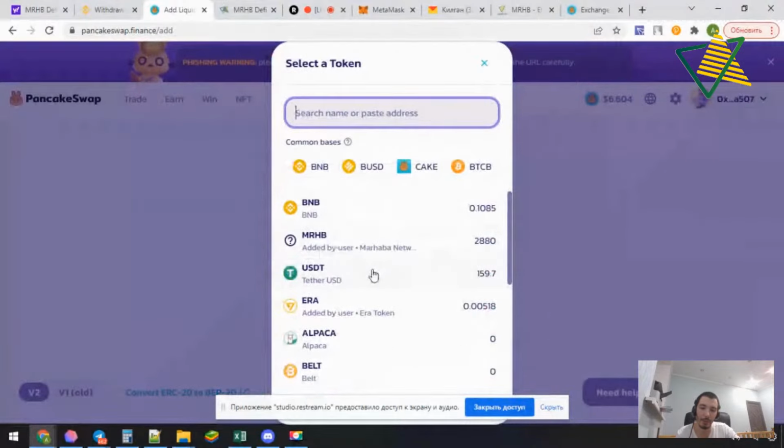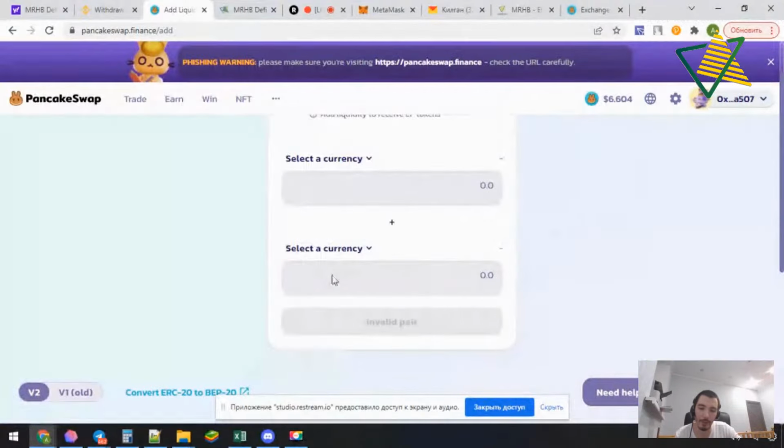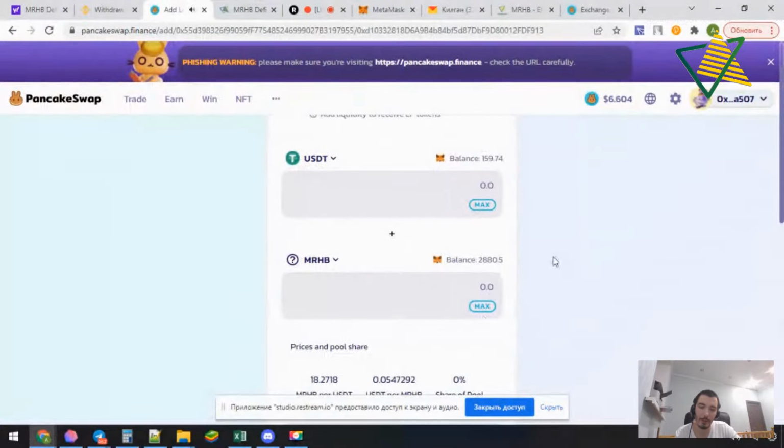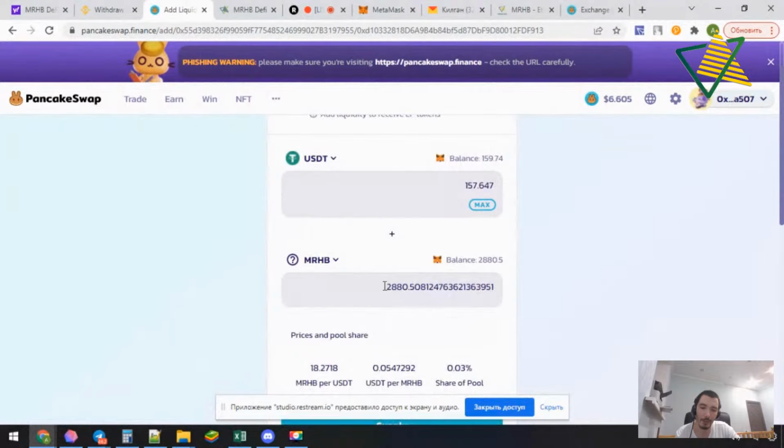Remember that I swapped only half of the USDT tokens. So the first token is USDT, the second token is MRHB. And I will provide the liquidity to the pool from these two tokens. So let me select maximum, and you will see all my MRHB tokens will be added, and only 157 USDT tokens will be used for liquidity because when I bought, I also made an impact to the cost of the MRHB.